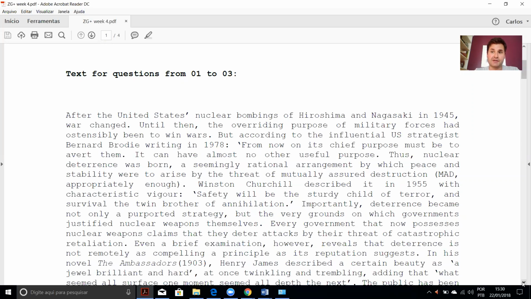It says that deterrence itself is not too efficient, and more than that, nuclear deterrence is difficult to prove its efficiency, given that the last atomic weapon was used in 1945. So we can't say for sure, according to the text, if it was deterrence, the doctrine of deterrence, which is used as an excuse by the nuclear power nations,